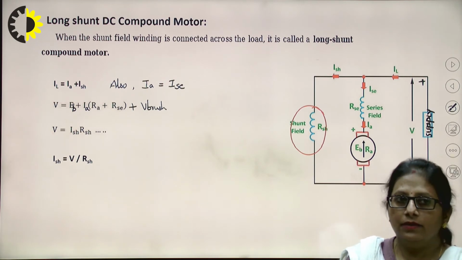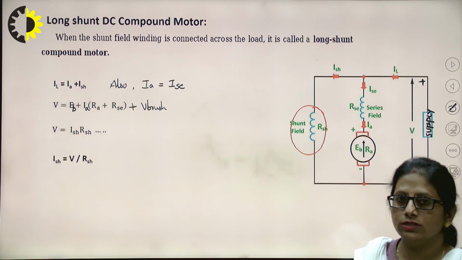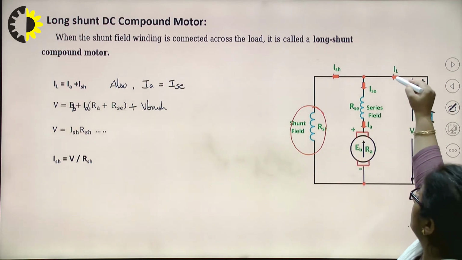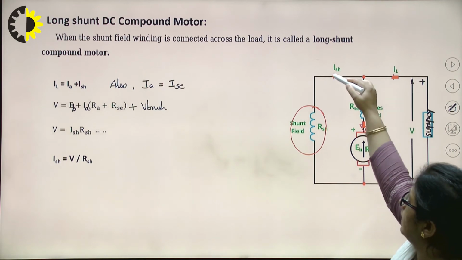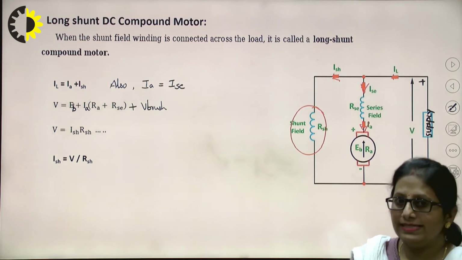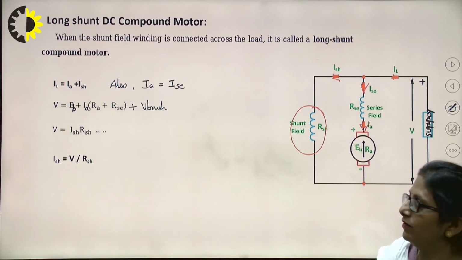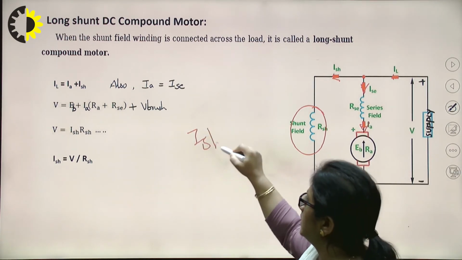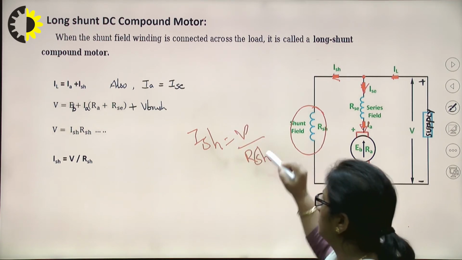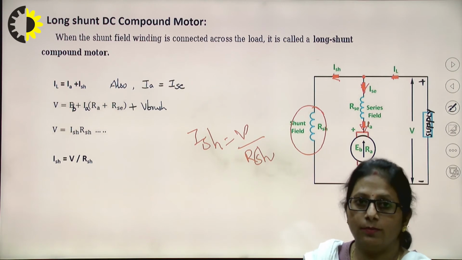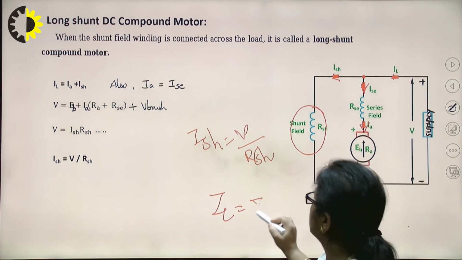with that, right? Because of this kind of construction, once again the current relations: this is the line current, then the series field current, then the armature current, and the shunt field. Once again, your voltage is completely across the shunt field. So I may even write here that ISH is equal to the voltage across the shunt field winding, V upon RSH, right? Relations about the current, obviously IL must be equal to, if I just apply